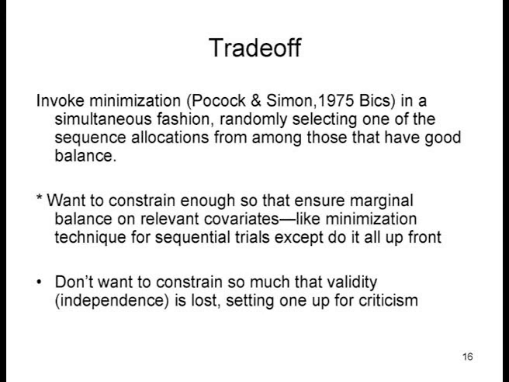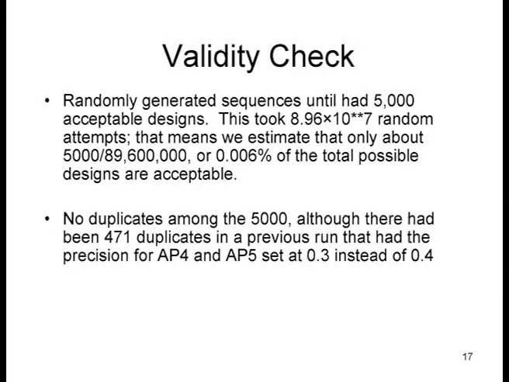But a lot of the systems out there for constraining the randomization, just like the one that we used, don't have a way to automatically account for that. So you have to look afterwards to see if you over-constrained or not. Anyway, we won't go into that whole thing, but it's basically why minimization itself is a bogus way to do things. It works though, but it's a problem because no one ever looks for validity after the fact. Anyway, it's always a constant balance here. We check the validity.